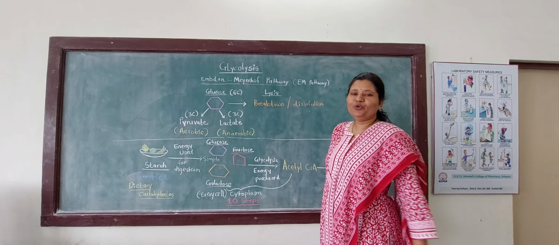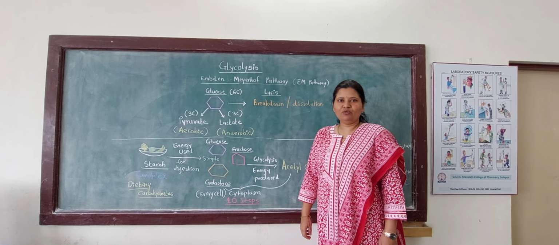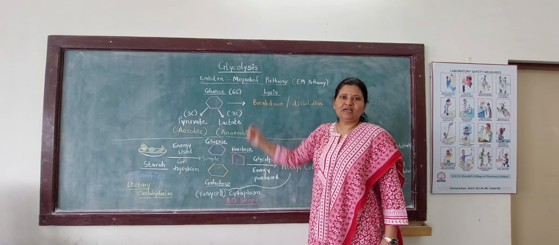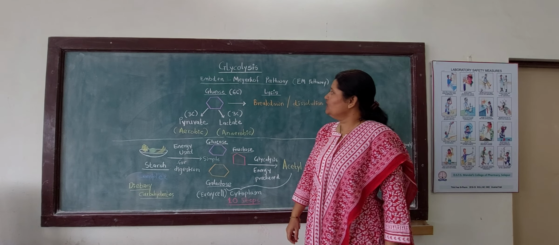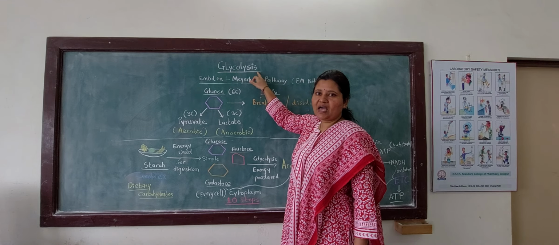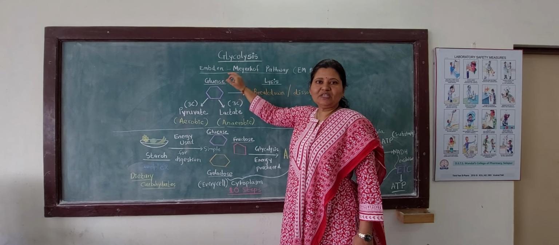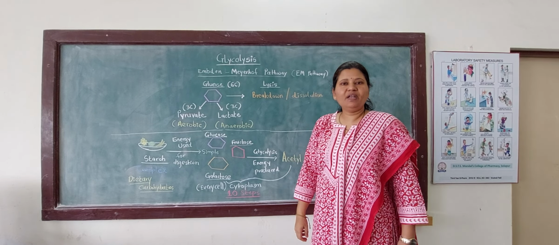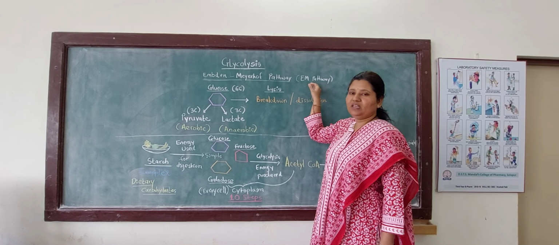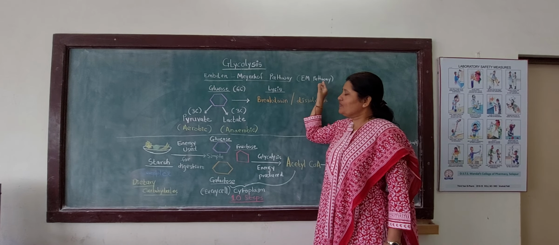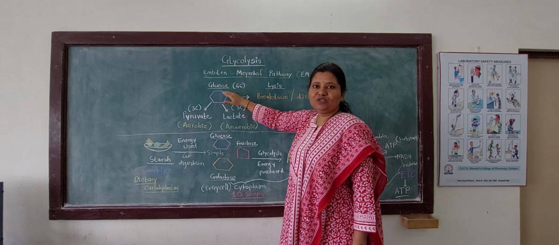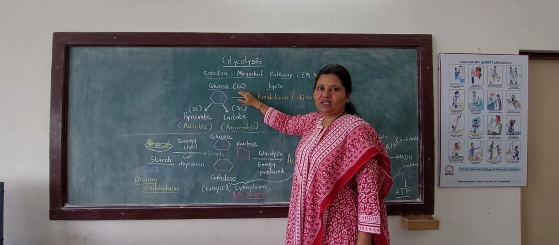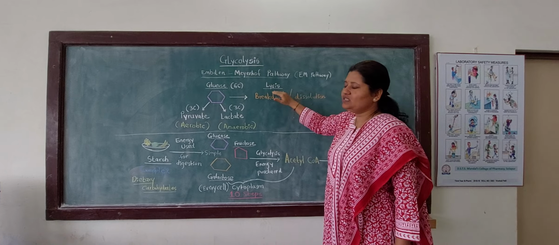In today's session, we are going to learn about glycolysis under the carbohydrate metabolism. Glycolysis was introduced in 1940 by Embden and Meyerhof, and that's why the name is EM pathway. Here, glyco means glucose, which is a 6 carbon containing compound, and lysis means the breakdown or